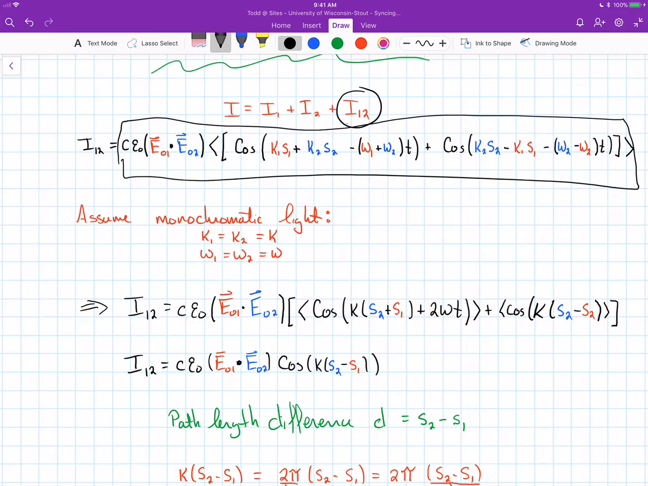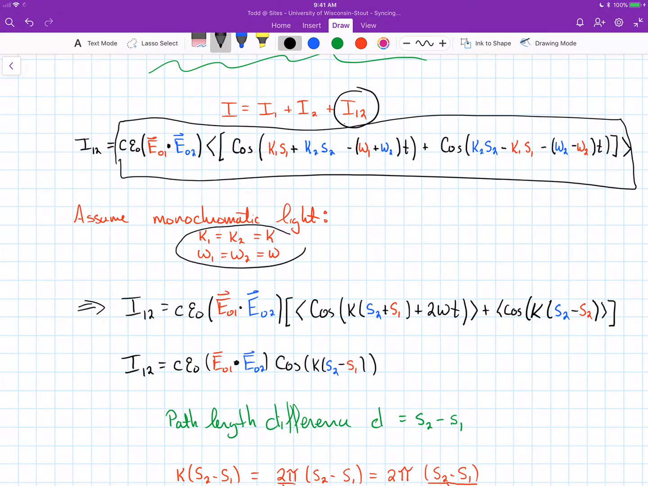Now, to really try to develop some insight, it's helpful to simplify the problem a little bit. And so one of the things we're going to do is to have both of the electromagnetic waves have the same frequency and wavelength. In other words, we're going to have monochromatic light. And so with that, we can simplify the equation a little bit down to